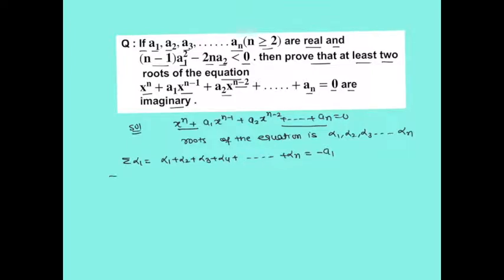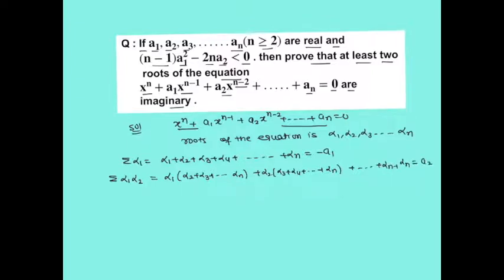Next is sum of roots taken 2 at a time, that is sigma alpha 1 alpha 2, that will come as alpha 1 into alpha 2 plus alpha 3 dot dot dot plus alpha n plus alpha 2 multiplied with alpha 3 plus alpha 4 plus alpha n plus dot dot dot alpha n minus 1 into alpha n